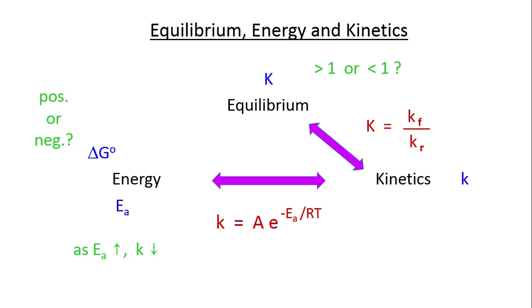Delta G0 and big K are mathematically related. Delta G0 equals negative RT natural log of K. We know that extensive reactions have mostly products, so big K is greater than 1. Logs of numbers greater than 1 are positive, so delta G0 is negative, which we know to be the case for extensive reactions. Logs of numbers less than 1 are negative, so in that case delta G0 is positive, not